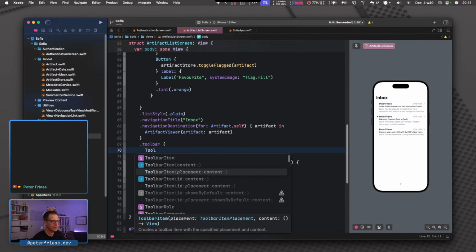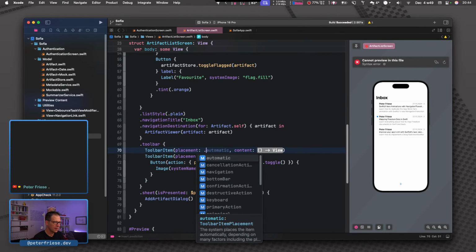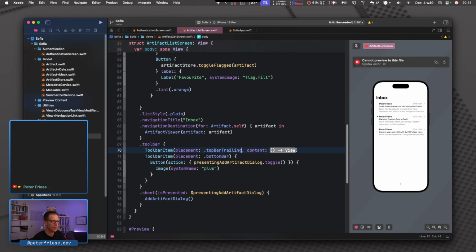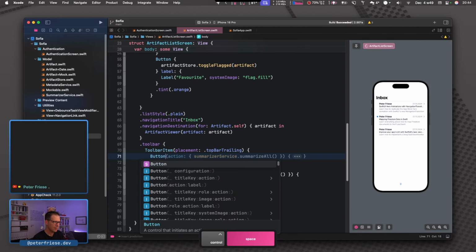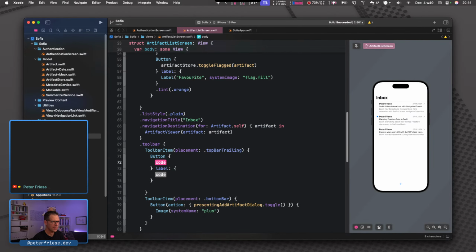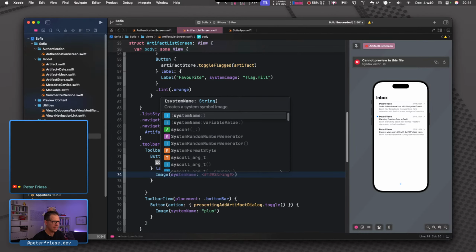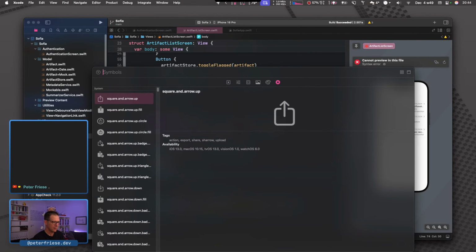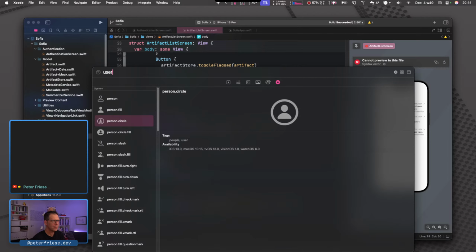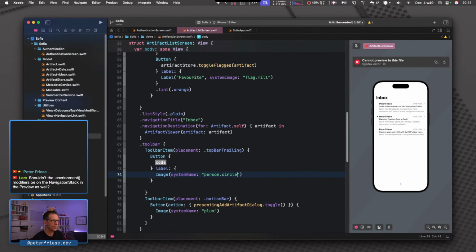Toolbar item placement is going to be top bar trailing, and I want to put a button, and it's going to have an action, and we're going to display an image, and it's going to be user. Yeah, we're going to use person circle.